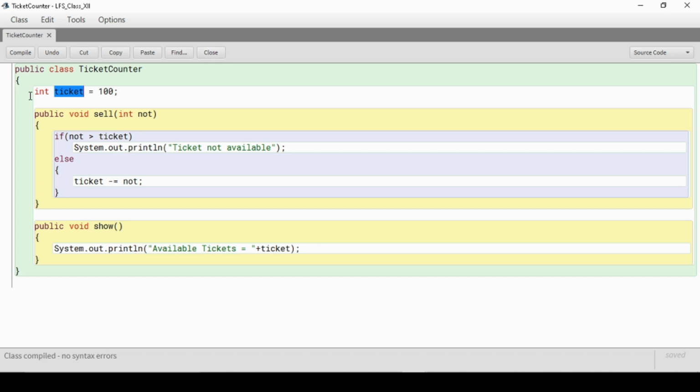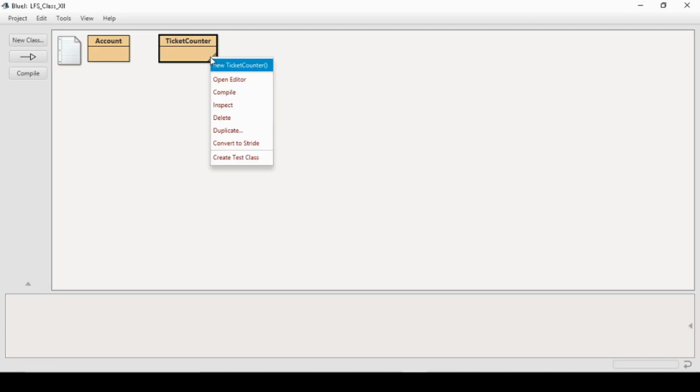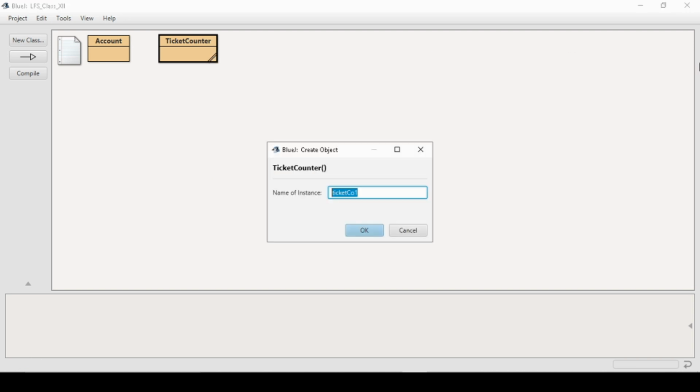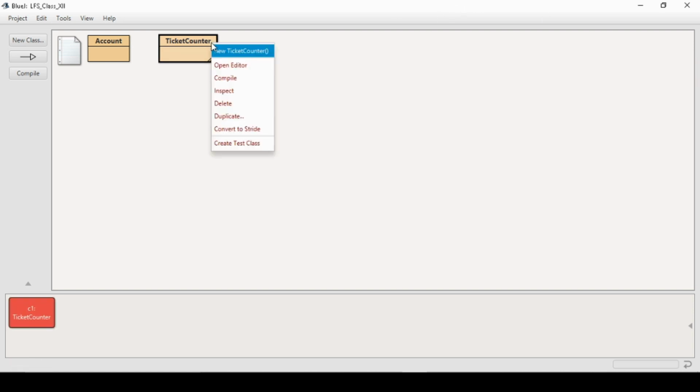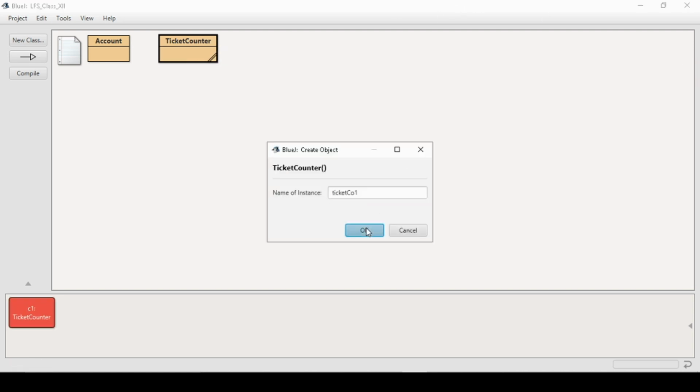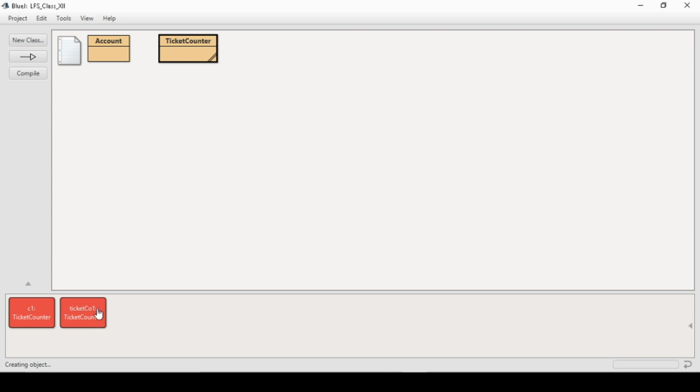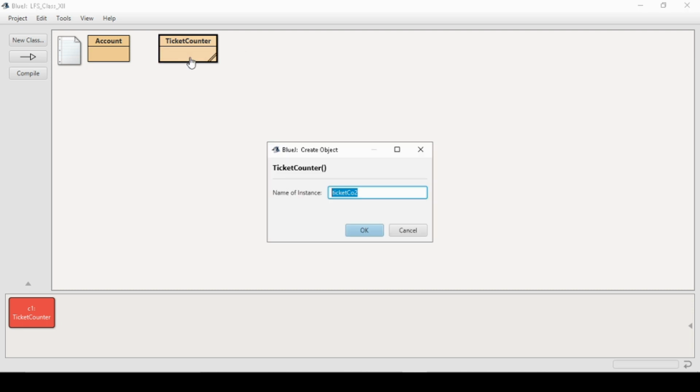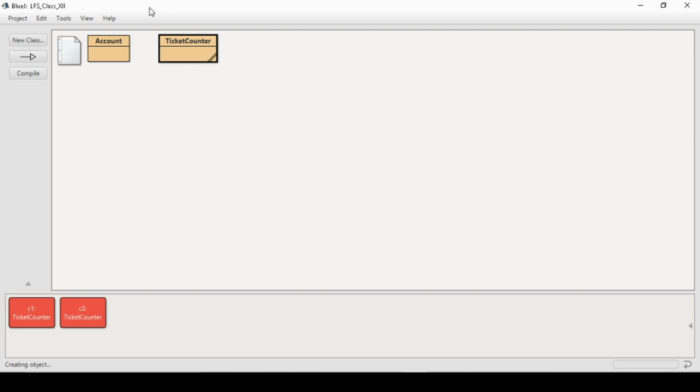So what it should be like, I should have made this ticket variable as static. Okay, now what will happen? All the counters will have the same copy, right? So I'm creating counter 1, counter 2, let it be C1, C2 and C3, right? It would be shorter. So we became advanced now. Oh, I'm in too much hurry. Let it be C2 and now counter 3,